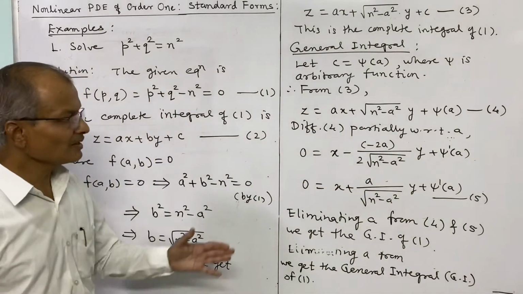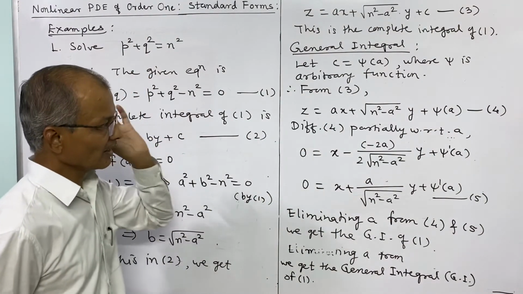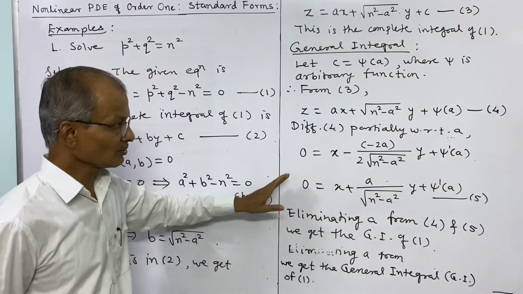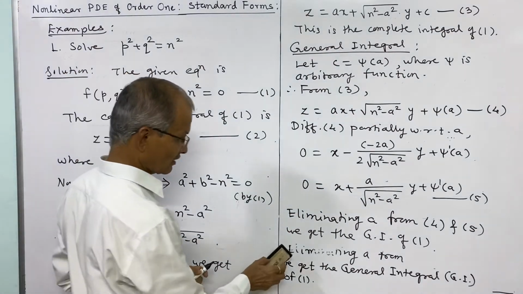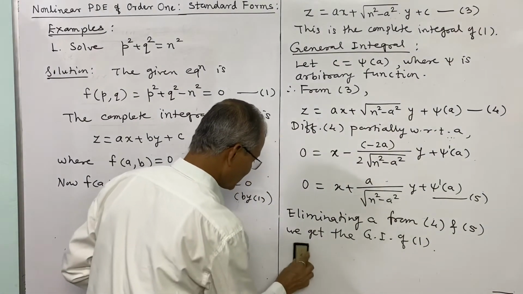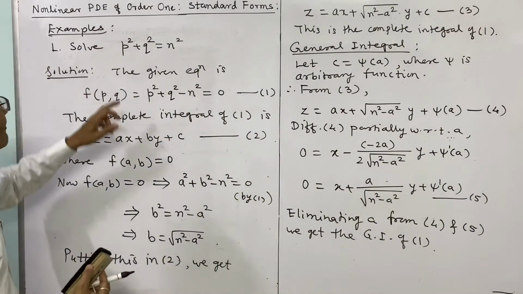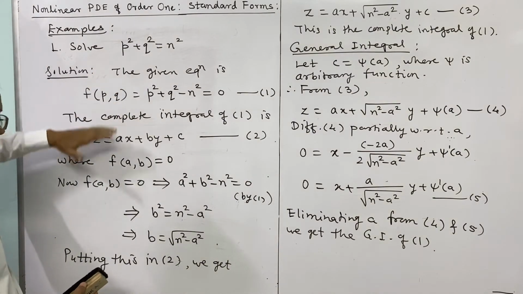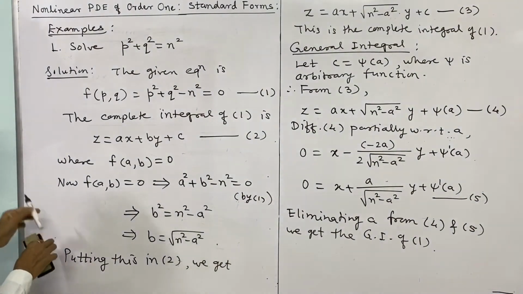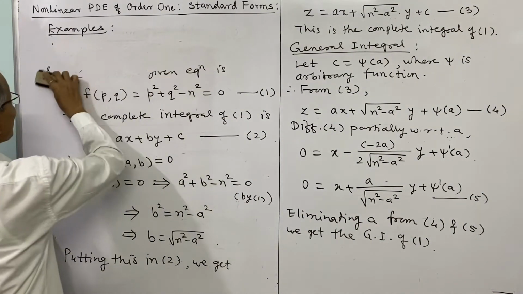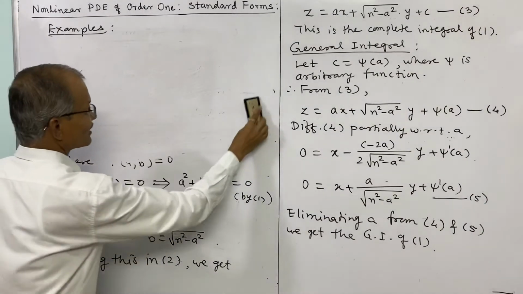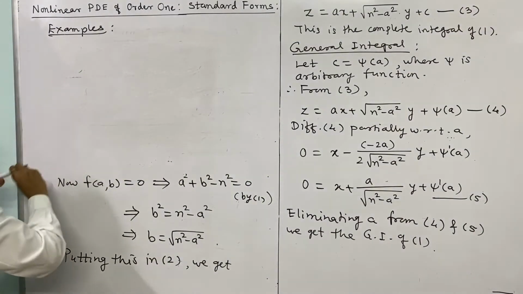So here we have not particularly taken any function, and therefore we have to write only the procedure of how to get the general integral. So this is the procedure to get the general integral, and the complete integral is already obtained. So in here, to solve this equation means we have obtained both the complete integral and also the general integral. Now we will consider some problems to obtain the complete integral only. So we will take a few simple examples.